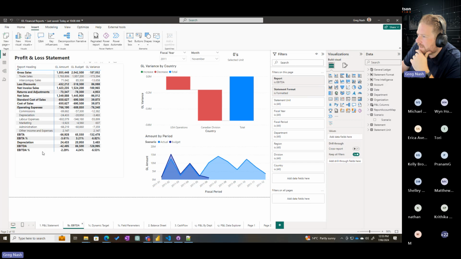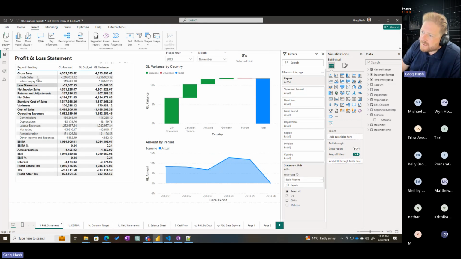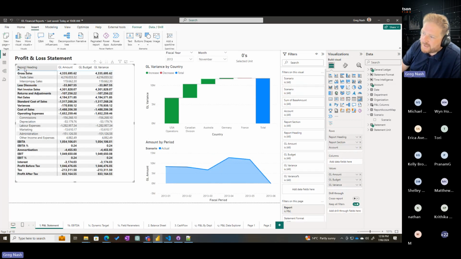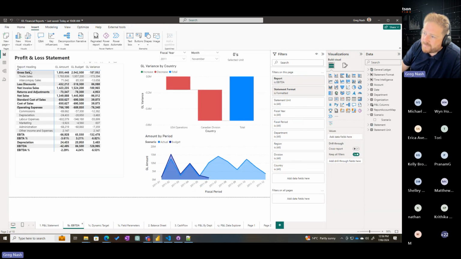So this is the EBITDA P&L. This is what I was going to show you anyway, but he's actually got a slicer for it, and he's got it on 2 different pages here. So this is the P&L statement, which has these headings, right? And this is the EBITDA statement, which has a different set. So he set it up so that you can select a different set of columns and get a different report,